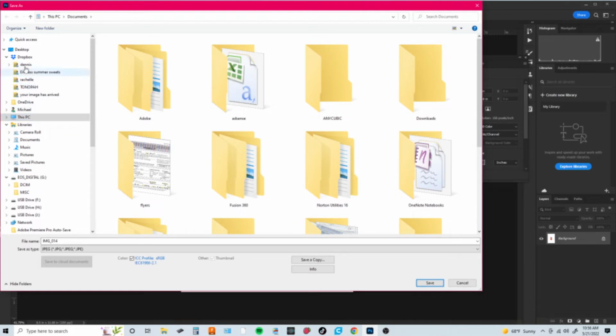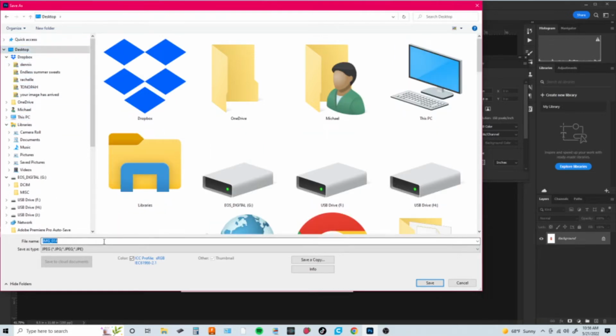And I love having a wireless printer. It'll print Bluetooth across the studio. It's so great. It's really awesome. So we'll save this document, print it, and